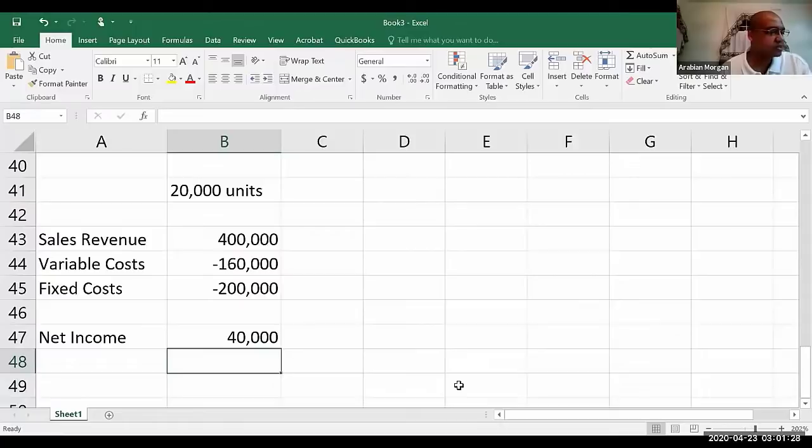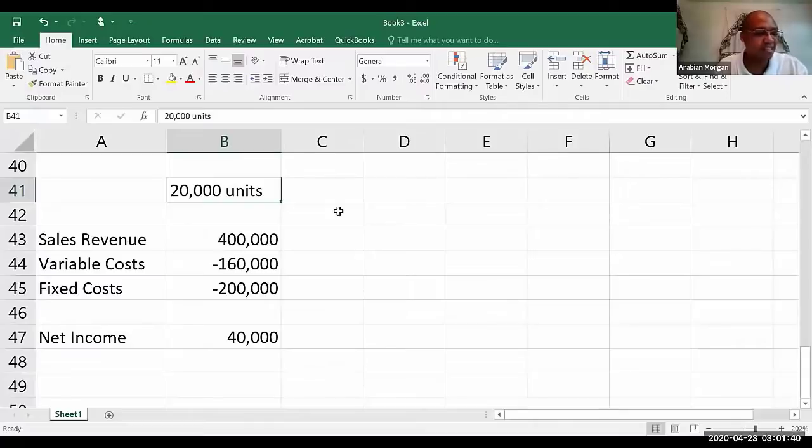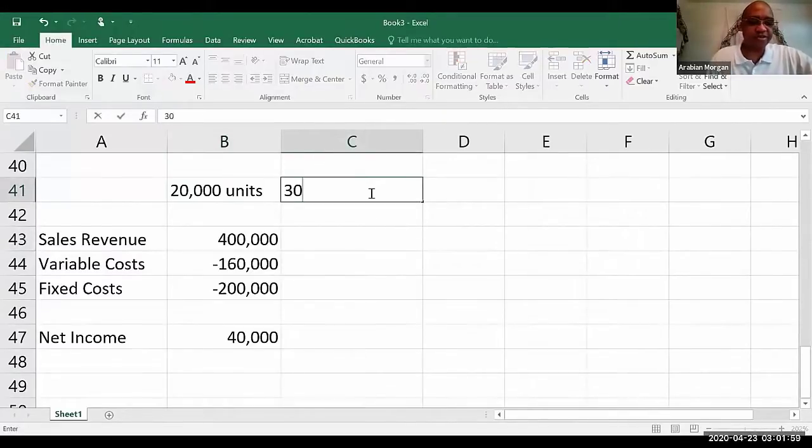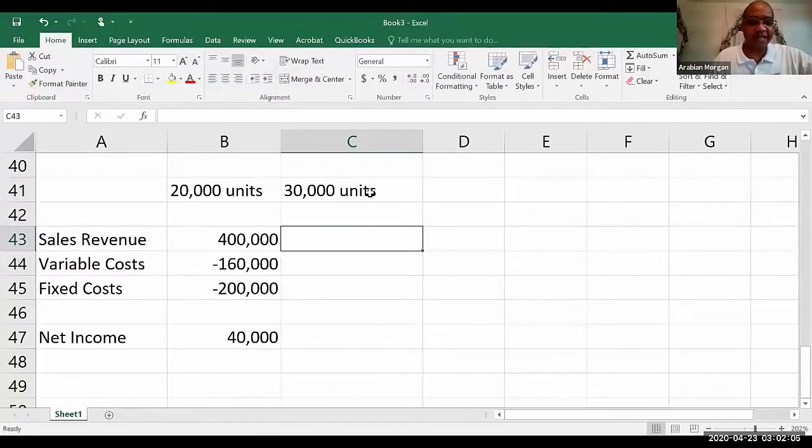Okay. So that one, I guess, is pretty easy because the units that the budget was given to us for matched the units of the information in the production. Okay, so that one was pretty straightforward. Now, just so you know, if I asked you what it is for 30,000 units, I'll just do that separately over to the side here. If I wanted to know what that budget would look like or what that expected net income would be, I would first